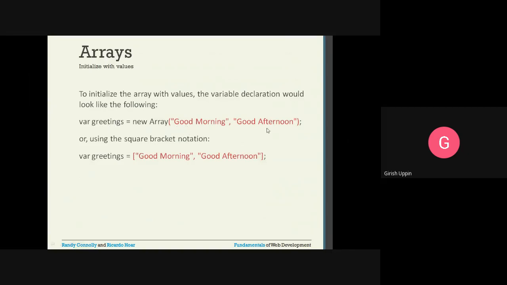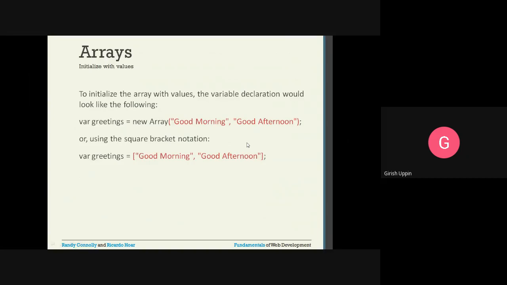Whatever values you specify here, separated by commas, will be used as the content of the array, and they will be indexed accordingly. For this example, this array will have two values with the index of 0 and 1. At index 0 we will have good morning, at index 1 we will have good afternoon. This is one way of creating it, using new and the array name by passing the two values.